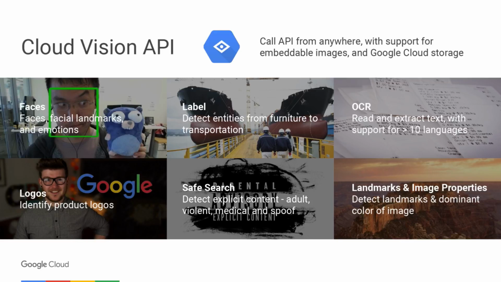Questionable content, or content that might be appropriate only for certain regions, the Vision API can highlight for you, identify it, and stop you before you put it in a compromising position. One particularly interesting use case that we've seen of the Vision API, and this is a very, very nascent one, is recognizing legal contracts from PDFs.